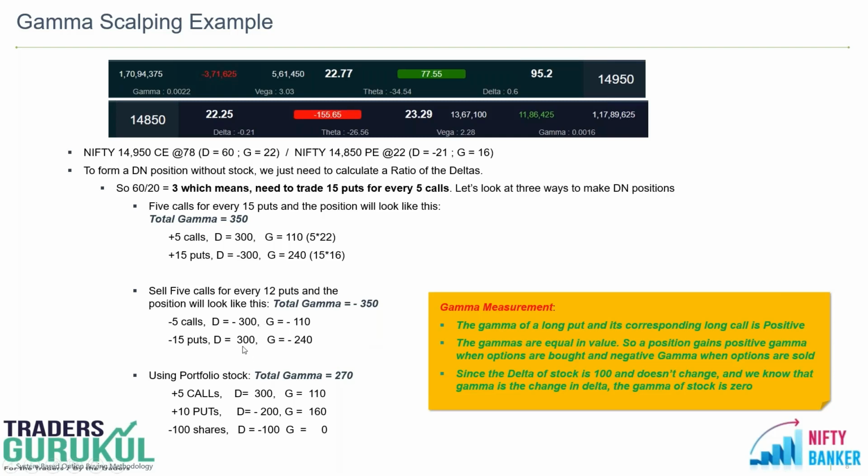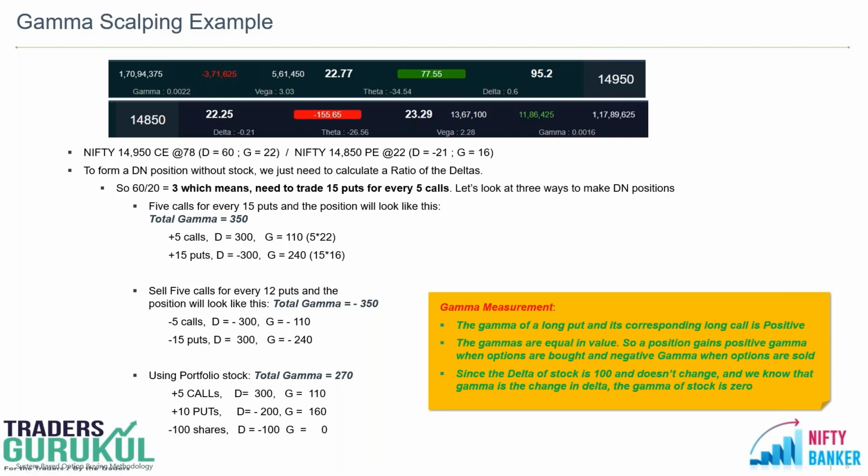Again, we have 350 minus delta, minus gamma, which we are gaining out of it. Again, if any adjustment has to be done, it has to be done from the delta aspect. If the delta becomes neutral, you don't have to do any adjustment as such. Now this is obviously a kind of reverse gamma scalping, you can say. You're shorting it. Now the third part of it, what you can do, this is where the prop desk comes